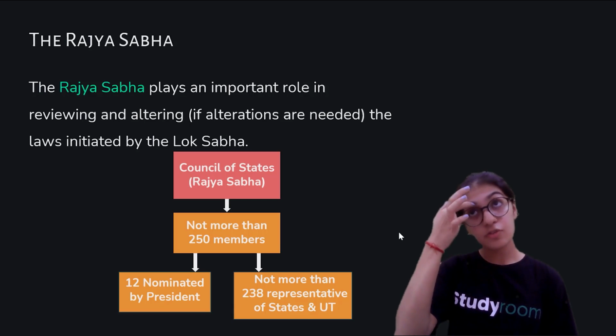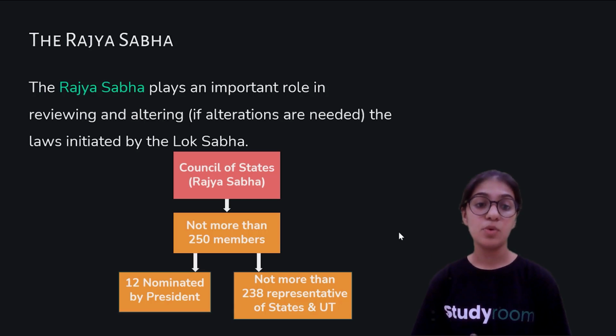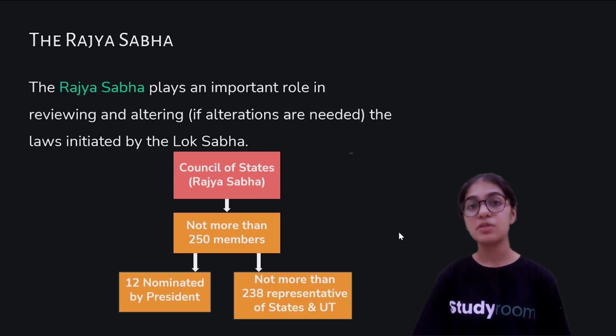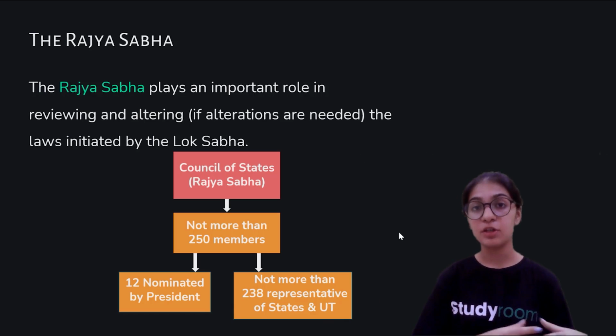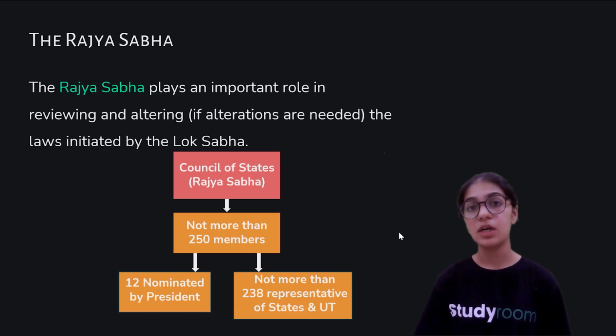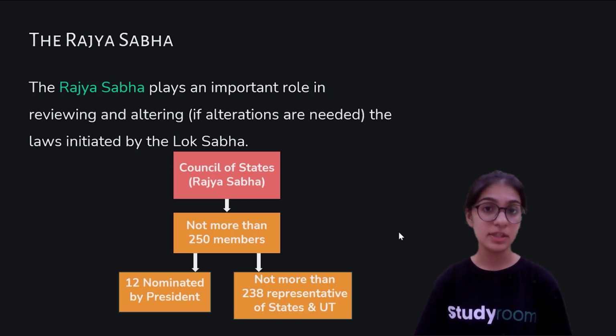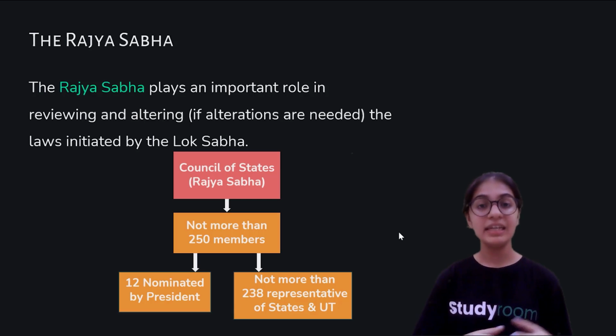For example, Sachin Tendulkar was a member of the parliament who was directly selected by the president. Any person who has done a lot in a particular field, for example, Sachin Tendulkar is an inspiration to cricket, and he has done great things in respect to his career. He has achieved a lot in cricket, so he was made a member of the parliament in respect to sports.